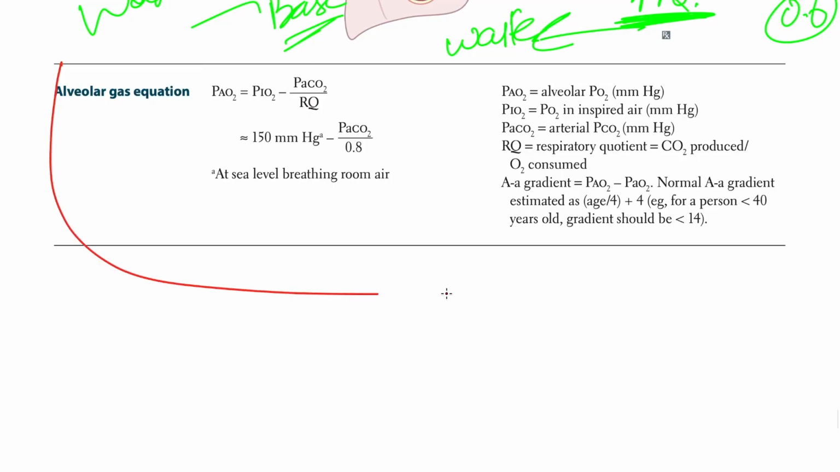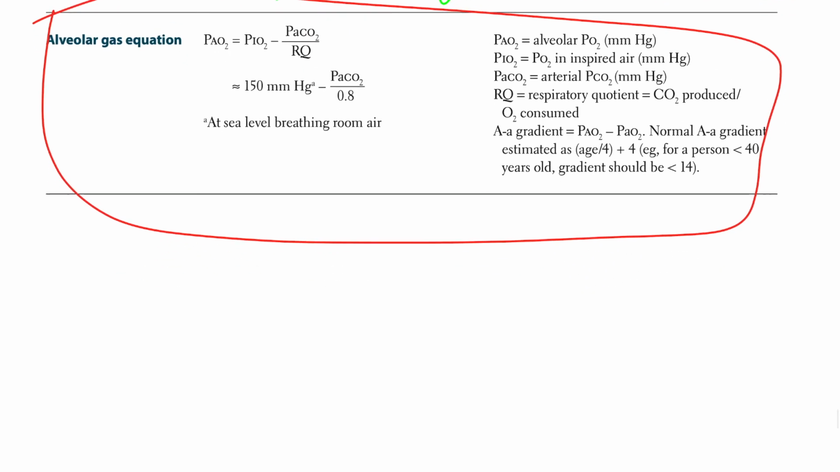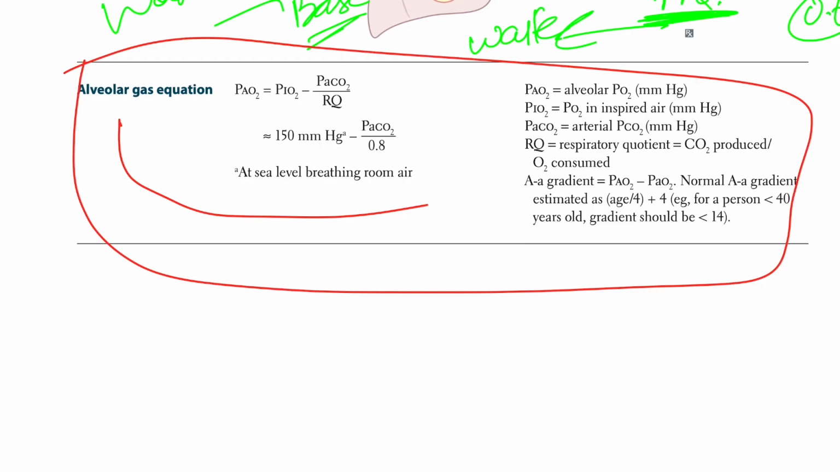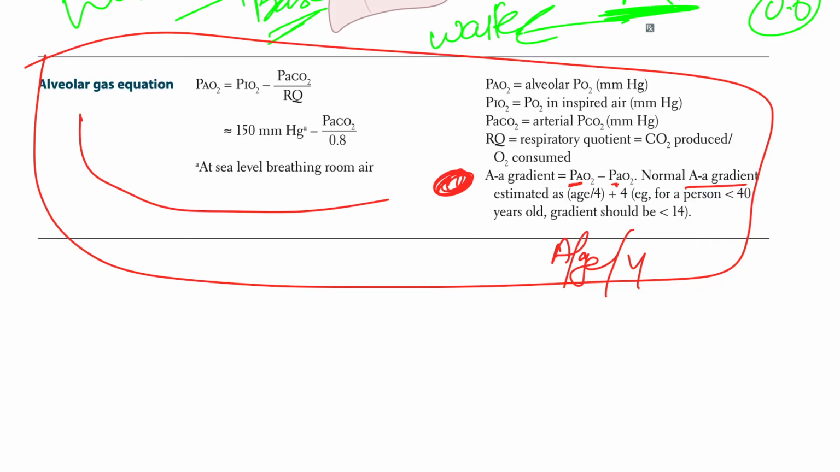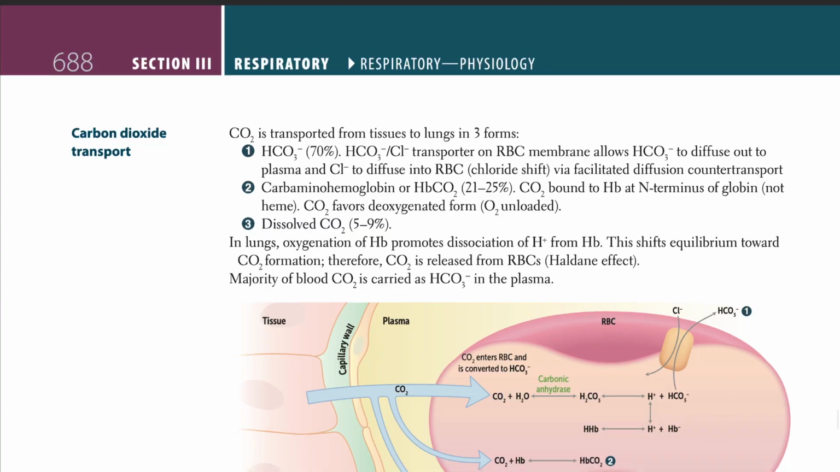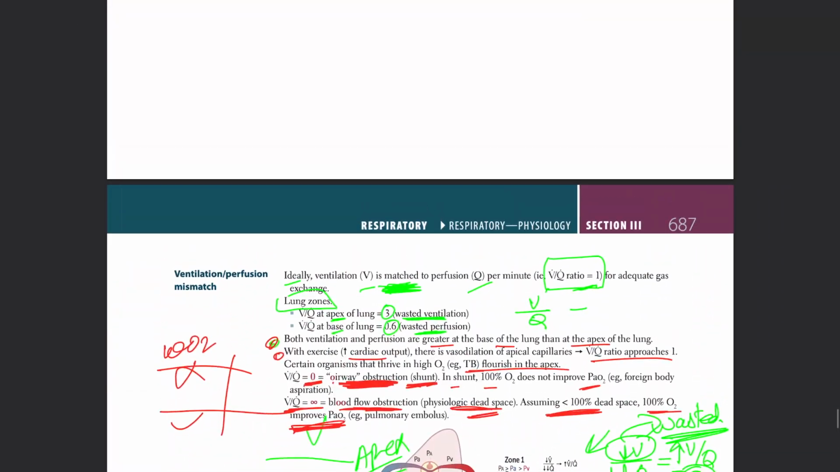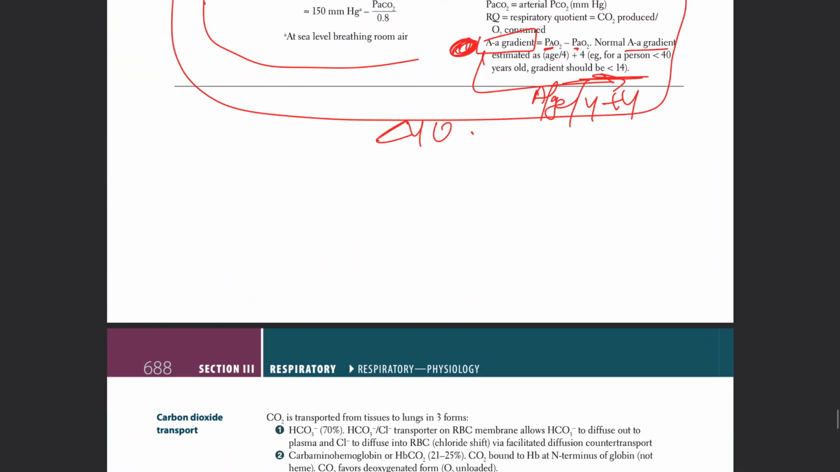Alveolar gas exchange, again, this is all about formulas. This is just a reading part, understanding and memorizing. But the important thing is your A-a gradient. What is the A-a gradient? The big A and small a gradient. The big A is your alveolar O2, and the small a is your arterial O2. Normal A-a gradient is estimated as age divided by 4, plus 4. For example, if a patient is less than 40 years old, the gradient should be less than 14. So the normal A-a gradient is less than 14. Okay, so